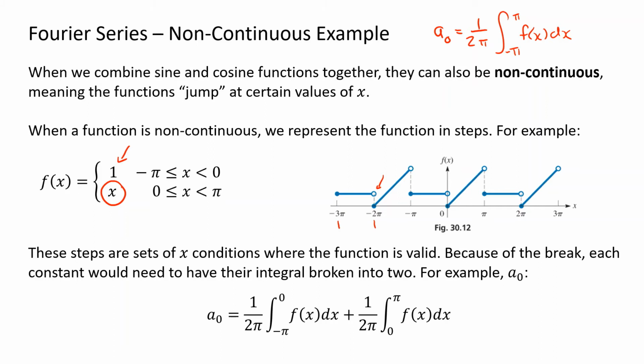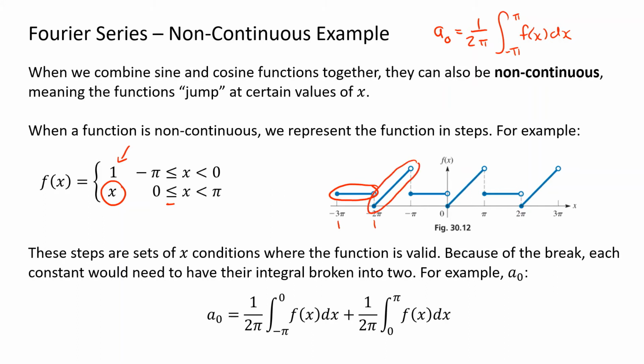So that means the start of the function, it has a less than or equals to, is filled in. The end of the function, pi, is not. Again, cycling back to here because the initial function of f of x equals 1 is valid for pi. So this is known as a non-continuous function because you can see that there's 2 separate functions being graphed here. F of x equals 1